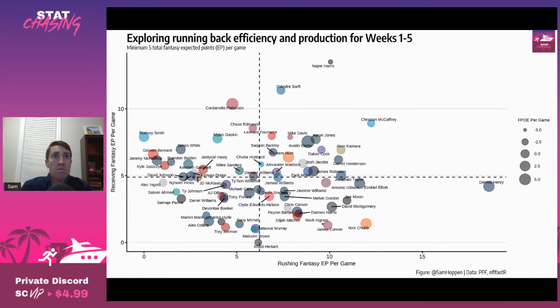The last running back group I'm going to talk about are the Dolphins running backs. And this is a bit of a shit show. At least that's what some people might say, not me. Because I'm starting to think that Myles Gaskin is in fact the guy, and that week 4 was more the exception than the rule.